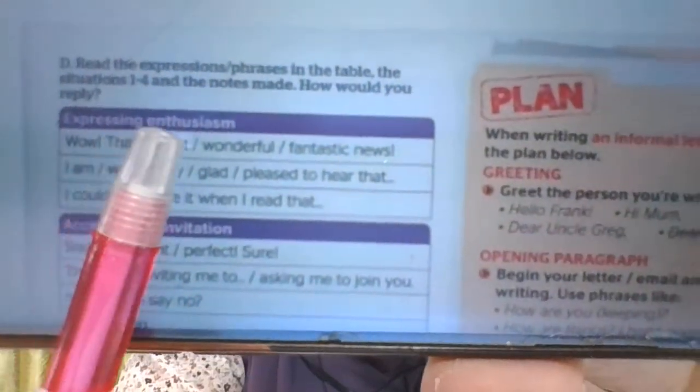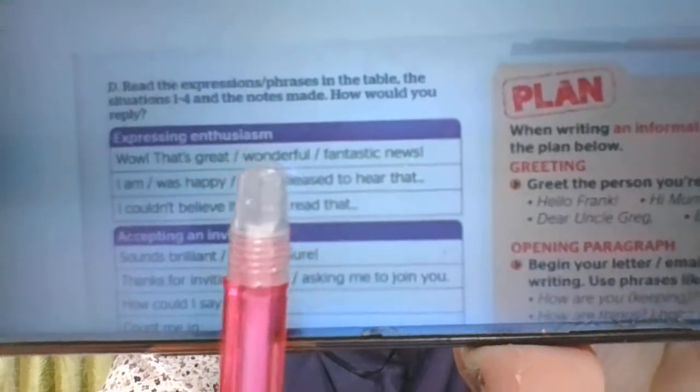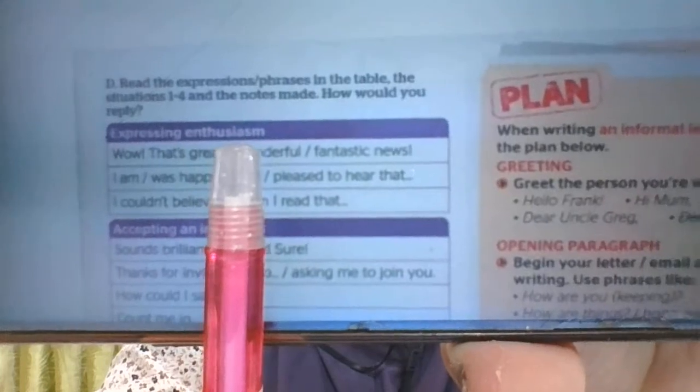This is what? Expressing enthusiasm. Okay, I would like you to find yourself. What does it mean by enthusiasm? Find in your dictionary. I don't want to tell you exactly 100% what it means. You need to know yourself how to learn. Okay, I don't want to give you fish, but I would like to teach you to fish. Saya tidak mahu memberikan kamu ikan, but I want to teach you how to fish. Bagaimana untuk memancing. Right, that's better. Rather than I give you 100%, you need to work on yourself as well. Okay, now